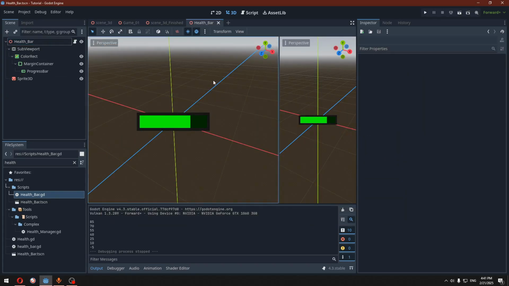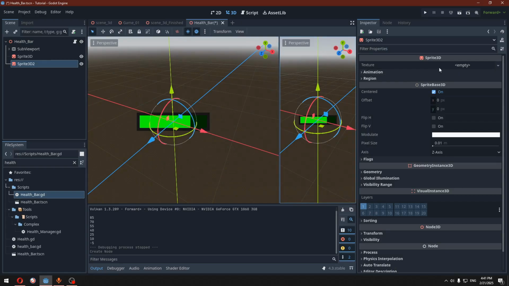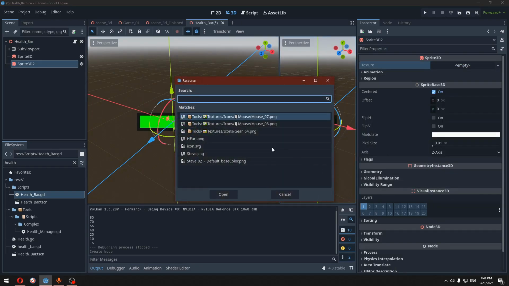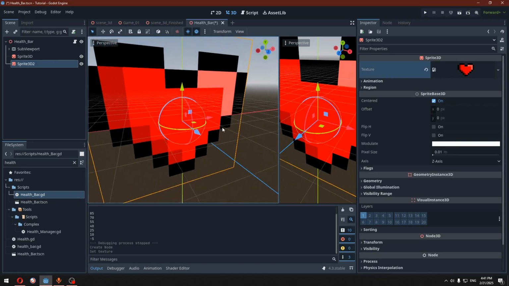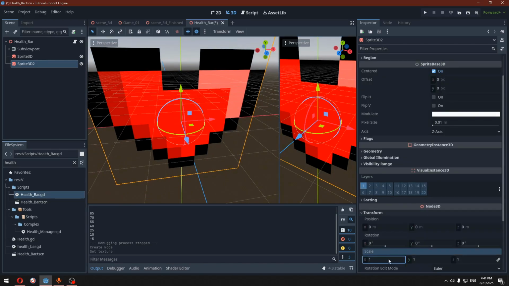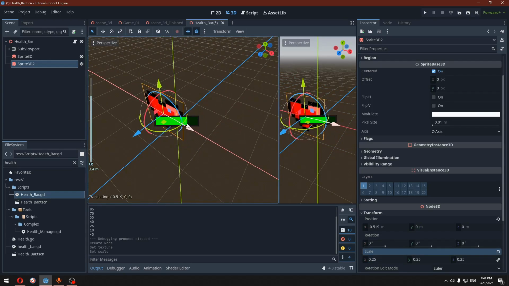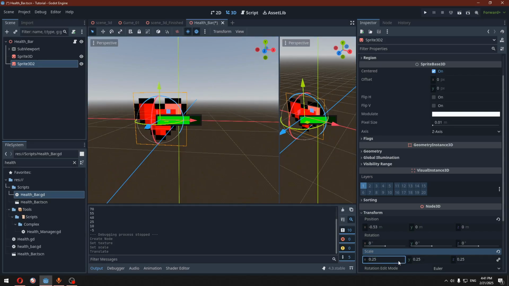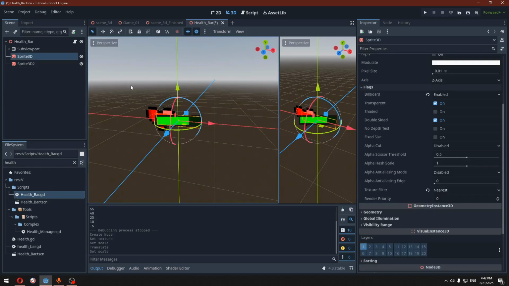Now let's add a heart icon to the health bar. So let's go Sprite3D. Let's select our heart icon. Let's change the size. Going to scale 0.25, for example. Still a bit too big. Let's go with 0.15. There we go. Let's select our health bar sprite, disable the billboard,